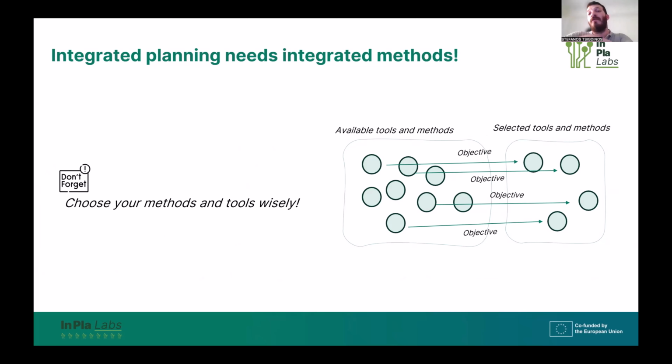So we have this diverse availability of tools, and these may be either qualitative or quantitative, but then we take the objective, and the objective or the objectives depend on what we have, and it helps us to select our tools and methods, and all this process gives us an integrated way of thinking and a proper way of combining aspects from qualitative and quantitative